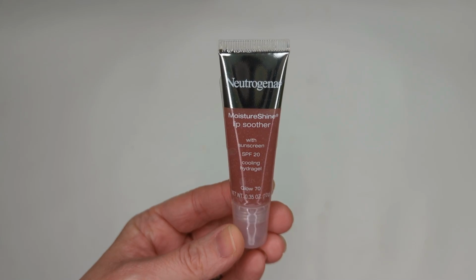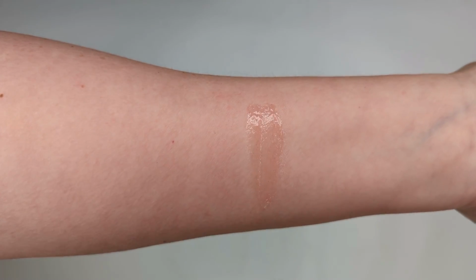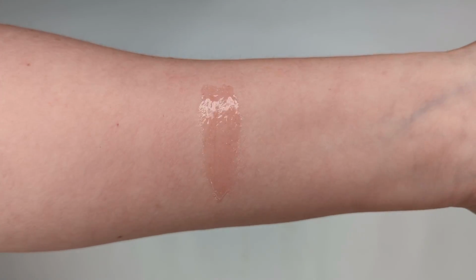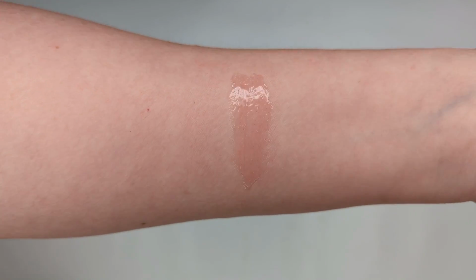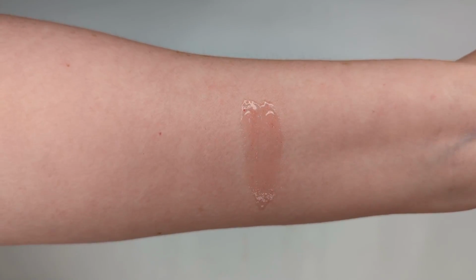which really doesn't leave much color on your lips, maybe just a hint of pink. But these are so incredibly smoothing on your lips. They have a little bit of a cooling sensation as well, but I just loved how it instantly quenched my dry lips and just made them look and feel so much smoother. It also has a nice thick sort of cushiony feel, which I love. It's not sticky at all like a gloss would be, but it leaves a good amount of shine to your lips. So I feel like this is another underrated product that nobody really talks about, but it's an excellent lip